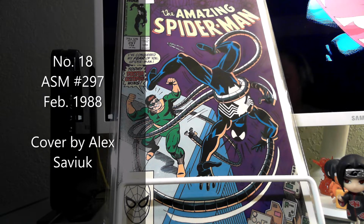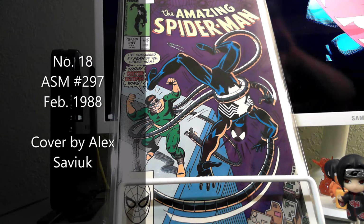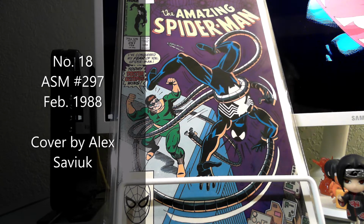this is a great Doc Ock black suit Spider-Man cover. I love the purple, and again, it's always a little campy. "I've conquered my fear of you, Spider-Man. Today, Dr. Octopus wins." They're always a little campy with the Doc Ock covers, but that's why you love comic books and you love Spider-Man. So the Alex Saviuk cover here,